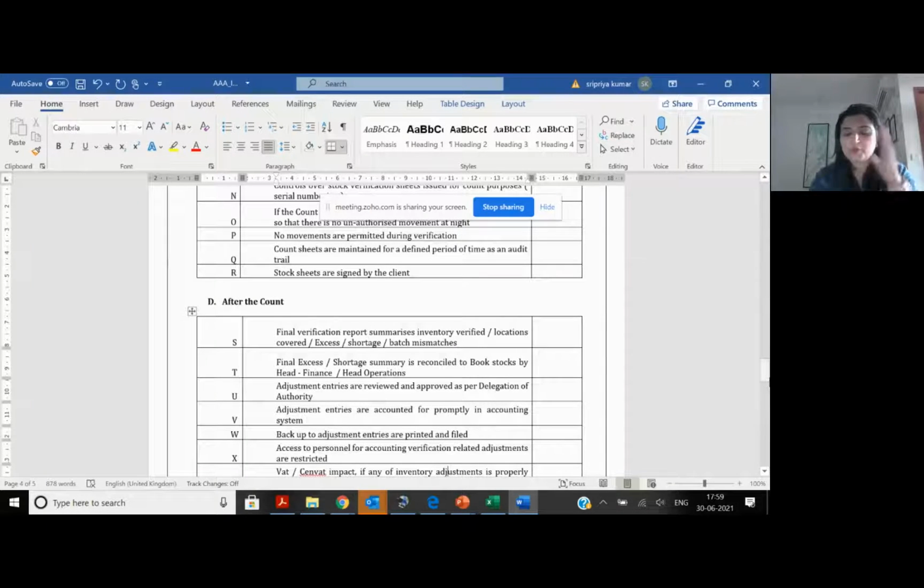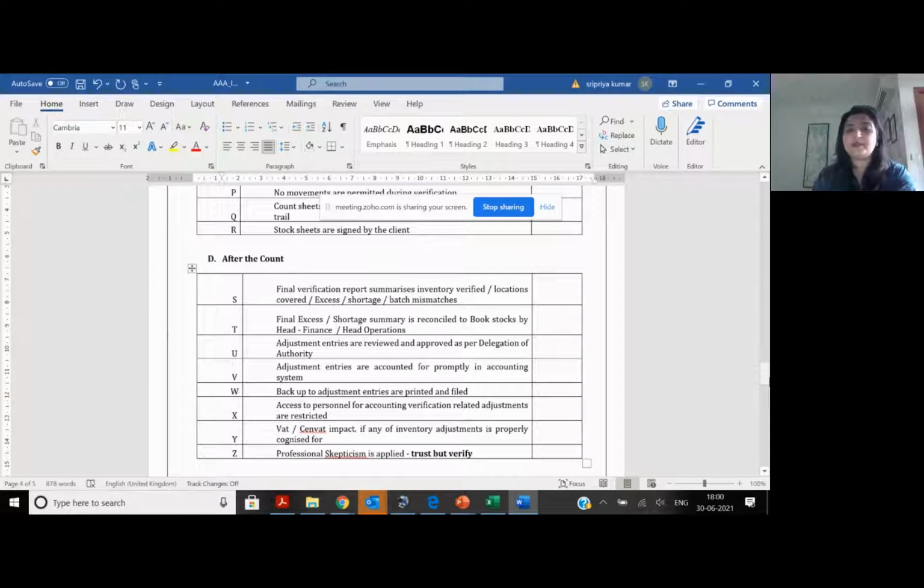Final verification report, you will get your book versus physical. You have to reconcile. You have to pass adjustment entries. Tomorrow, one clerk cannot pass an adjustment entry, right? If I'm reporting a stock excess of 1 crore and a stock short of 1 crore, somebody in senior management has to say, excess, how can it happen? Correct? Unless there is a dispatch error or a receipt error, excess is all mine only. I could have done a short dispatch, but shortages have to be investigated separately.